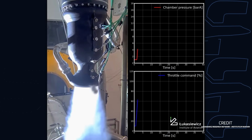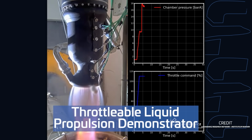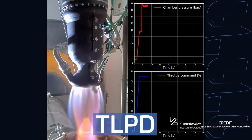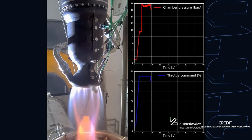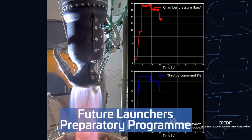The European Space Agency has successfully completed its test campaign for the Throttleable Liquid Propulsion Demonstrator, or TLPD. This is a small rocket engine built by the Polish Łukasiewicz Research Network Institute of Aviation for ESA's Future Launchers Preparatory Program. The TLPD can throttle all the way down to 10% of its optimal thrust level and up to